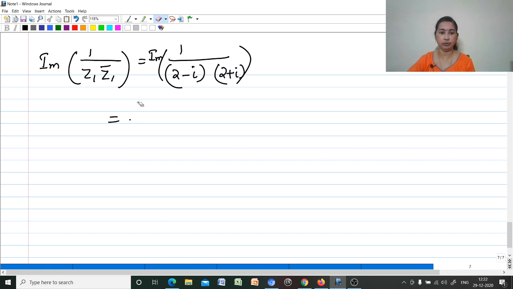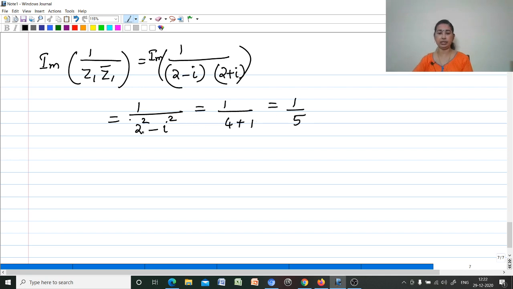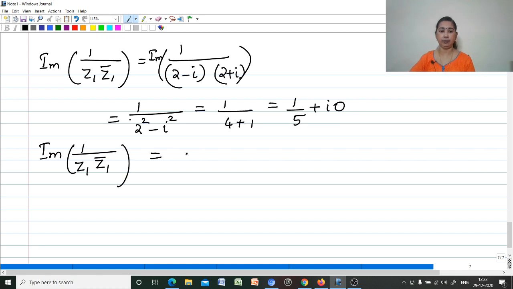First we have to multiply out the denominator, that is 1 by 2 square minus i square, which is 1 by 4 plus 1, equal to 1 by 5. Writing in the complex number form, 1 by 5 only real part is there, plus i into 0. So the imaginary part of 1 by Z1 into Z1 conjugate is 0. Then next one,